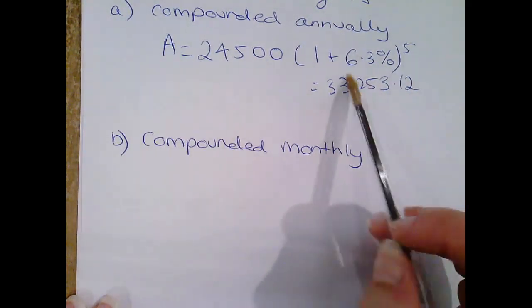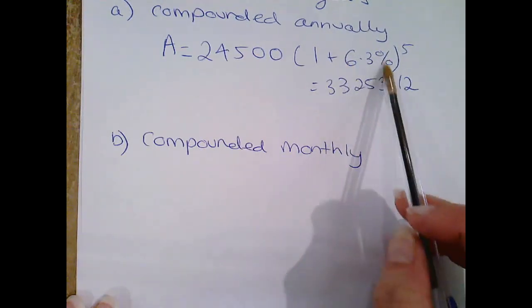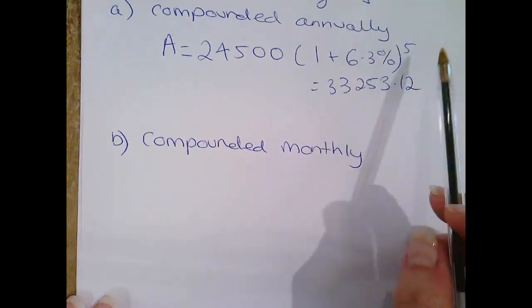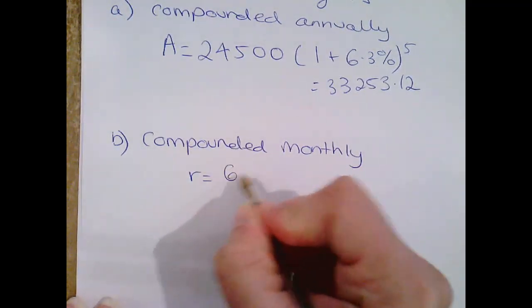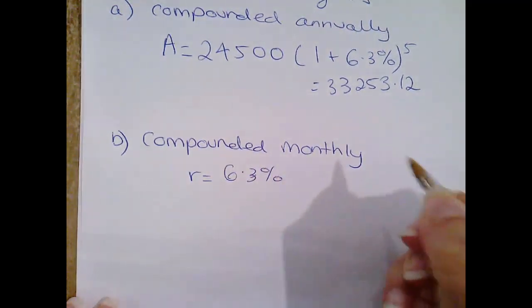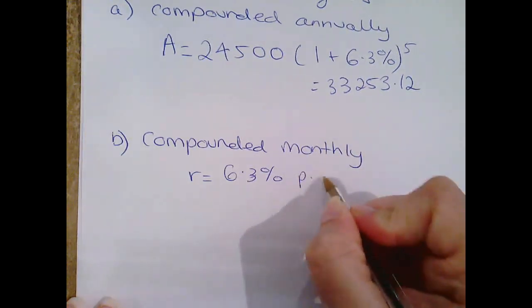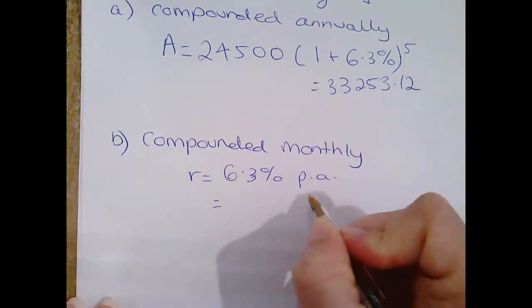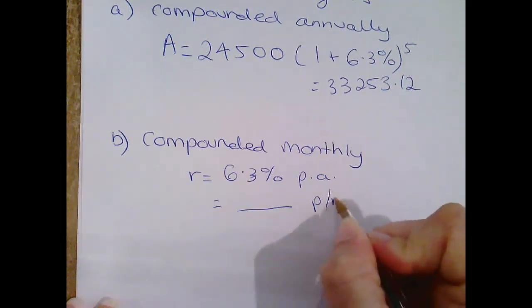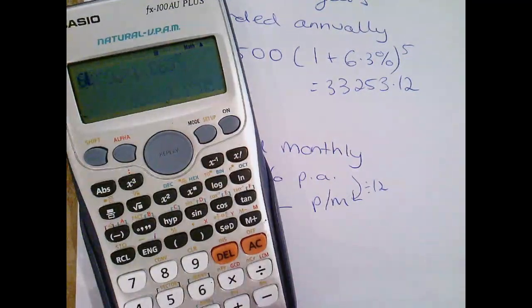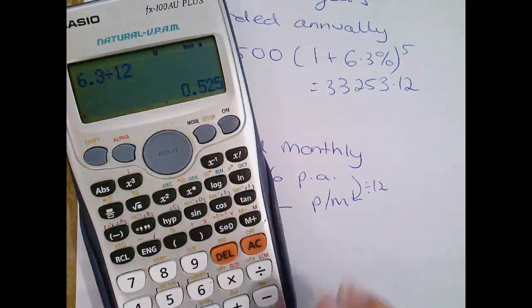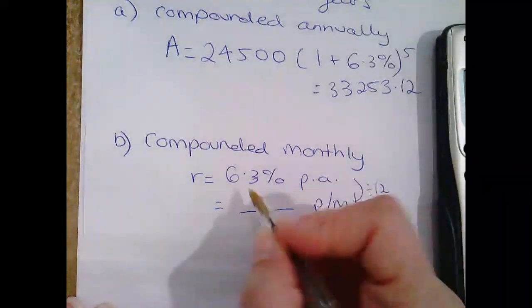Now in part B, we're going to compound per month. Now that means that we will need to change the rate because this rate here is per annum and we need to change the time. So the interest rate before was 6.3% per annum or per year. What would that be per month? And how do we go from there to there? Well, how many months are in 1 year? There's 12. So dividing by 12, 6.3 divided by 12, and you get